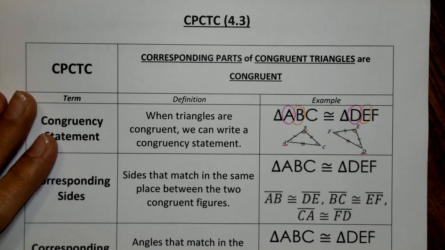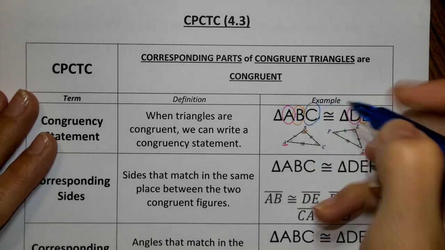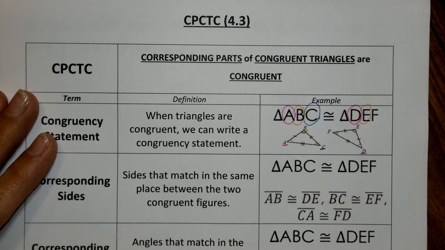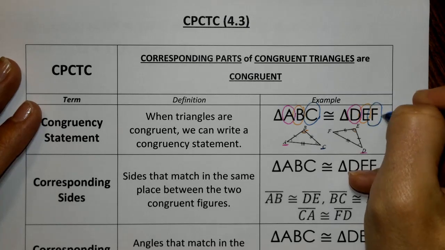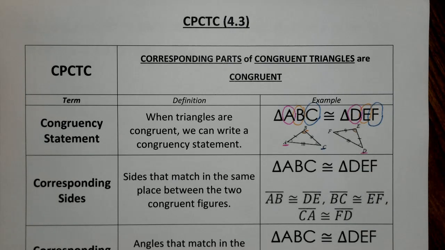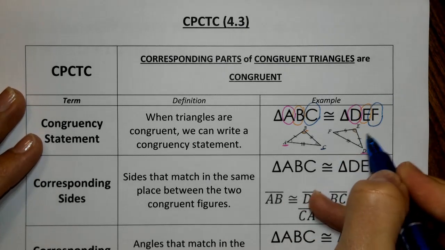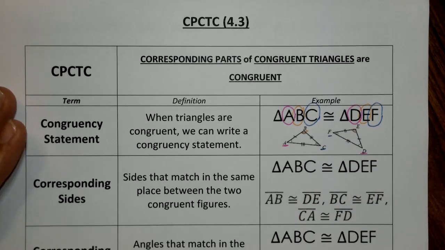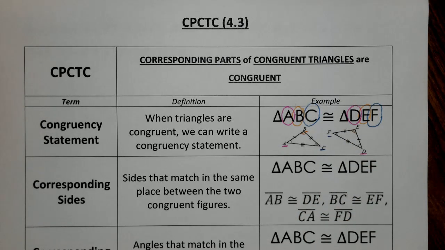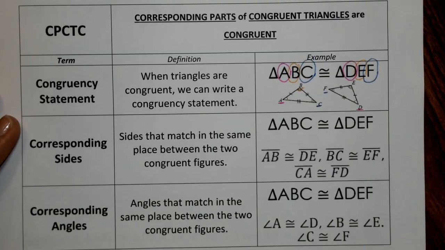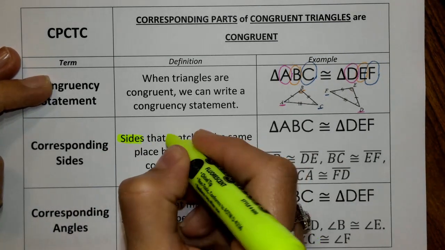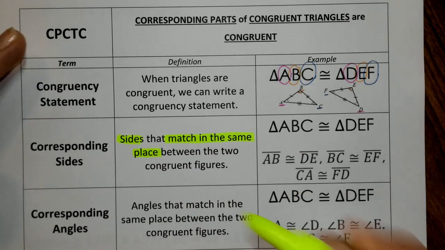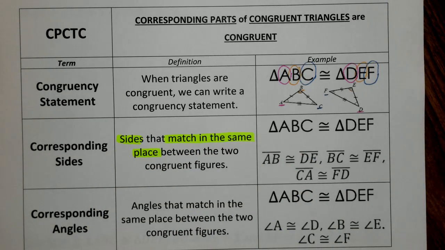And then the last letter, we've got C, so angle C over here with the three arcs is going to be the last letter, and the last letter in the other one is F. So these are matching positions, they are corresponding, and they are congruent. And over here we see that F has three little arcs. I'm going to be talking about those angles in a moment, but first our corresponding sides. These are going to be sides that match in the same place of not only the name, but